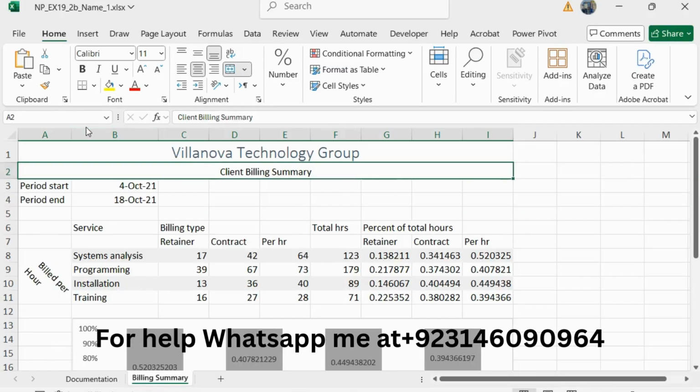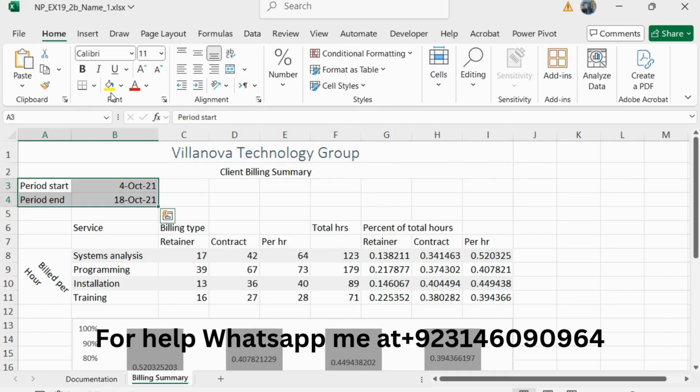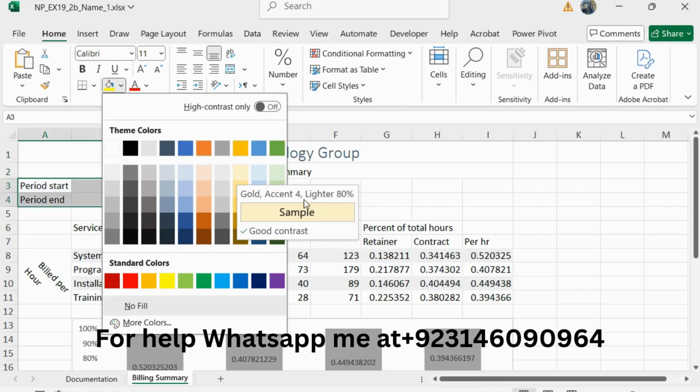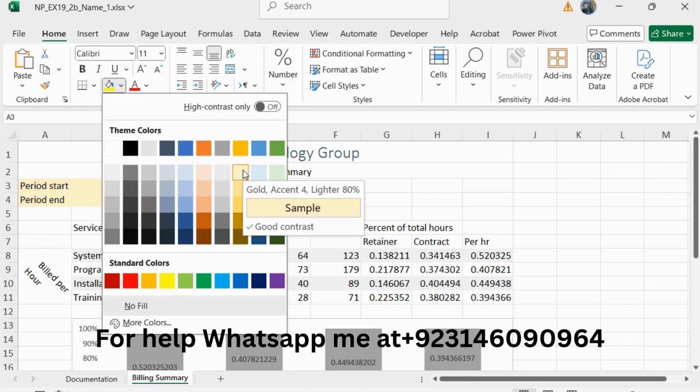Go to Excel, select the range here and click on fill color, and now Gold, Accent 4, Lighter 80%. Select this one, first row, second column.